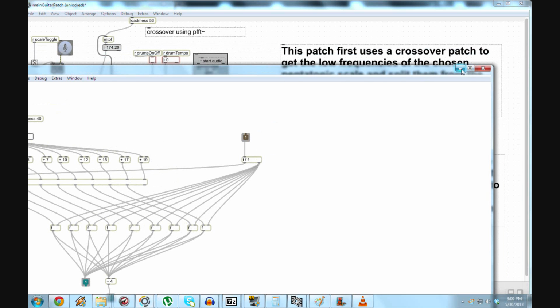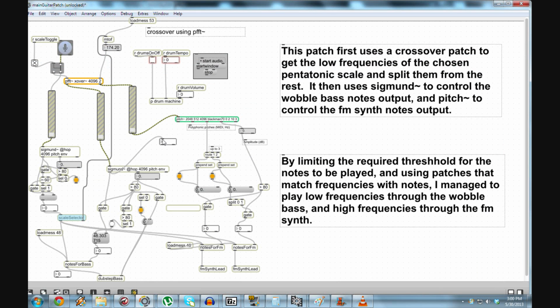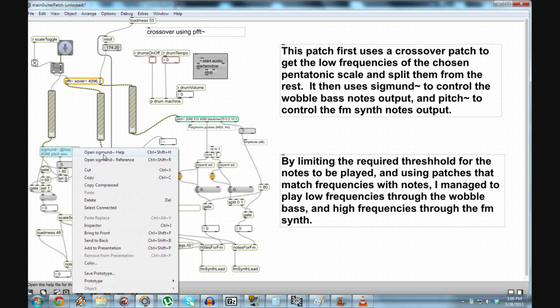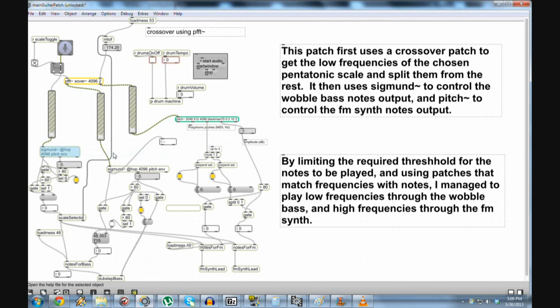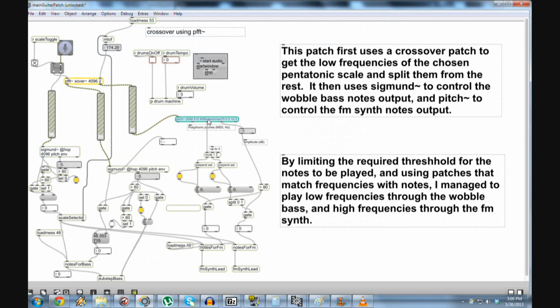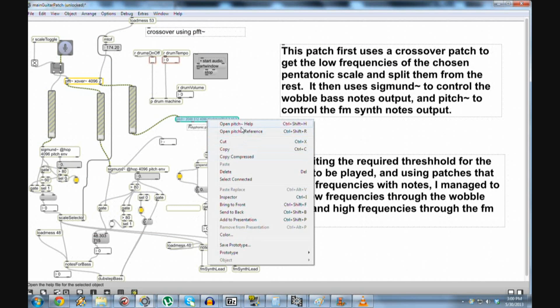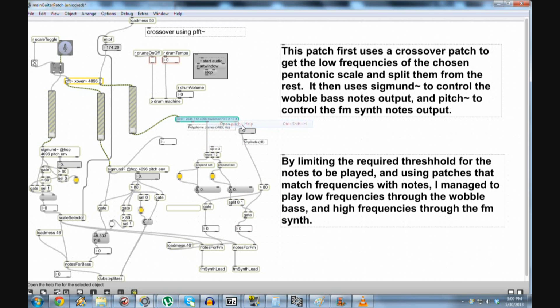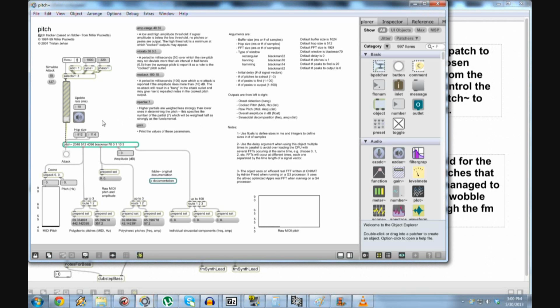Okay, so I should have talked about this earlier, but I'm going to now start talking about how you get the parameters for pitch and segment. So it's really easy. For segment, it's completely easy. You just go to help and simply copy everything as you see fit. I mean, as you see right here. And for pitch,